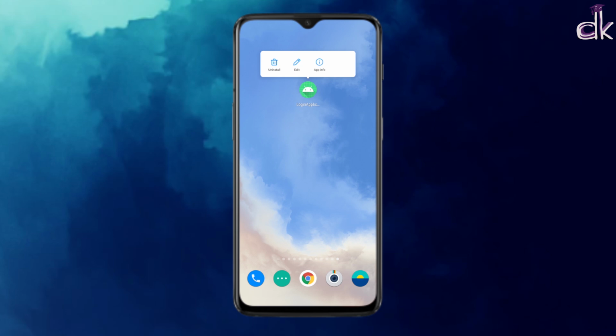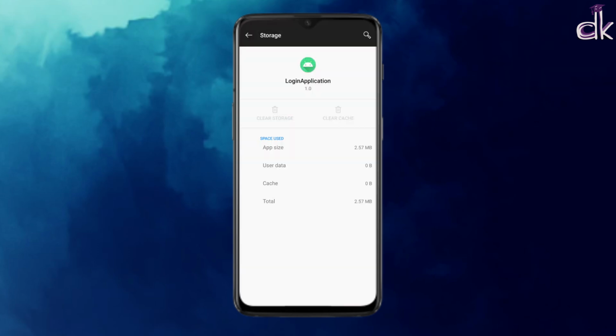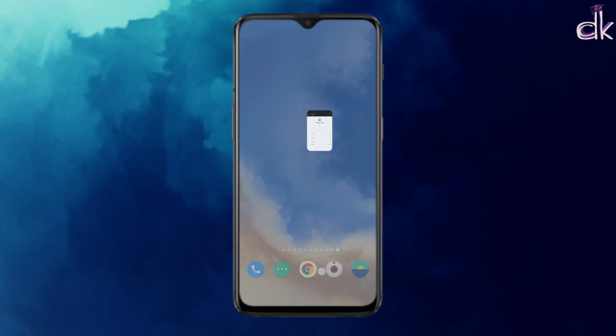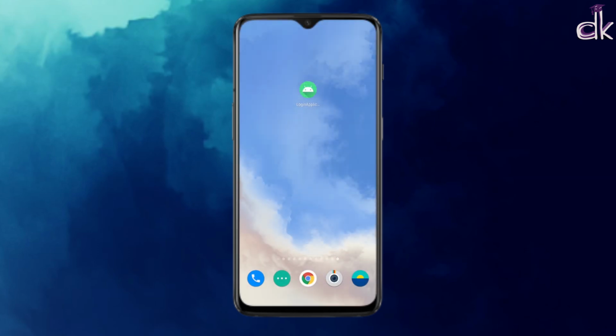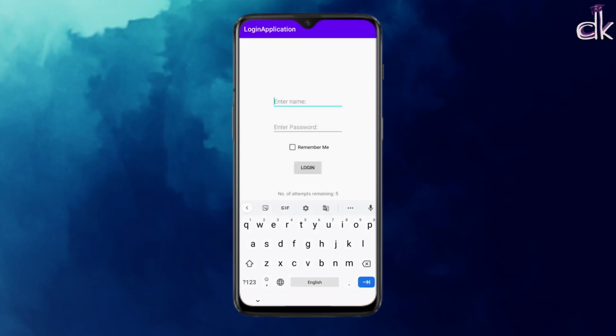Based on whatever Android device you have, make sure that you go into the app settings and go into the storage and cache, and you remove any cache or storage that you might have. Okay, so this is going to ensure that we run the app again from the start, creating the data that we want. Okay, so I'm going to open up the app here,